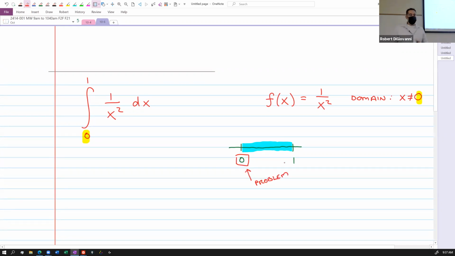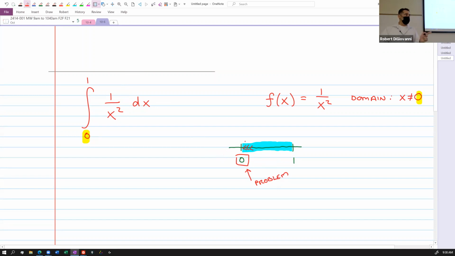So what I'm going to do is tweak this integral. I'm going to change this 0 to a letter, like t, and then approach that 0. Does that make sense? Instead of actually letting it be 0, I'm going to approach it. When we do that, look at the interval. There's only one direction you can approach 0 from, because you're looking between 0 and 1, right? So I can only approach 0 from the right-hand side,